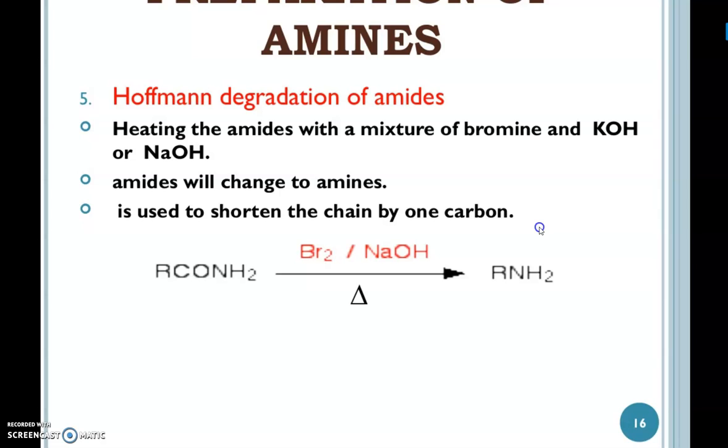Then Hofmann degradation, also known as Hofmann bromamide